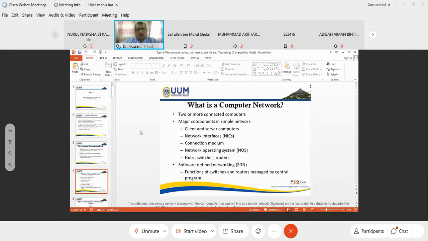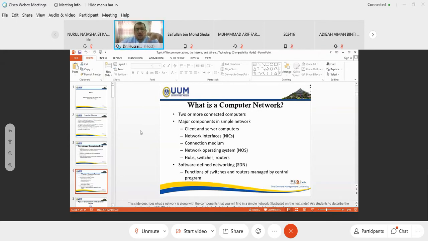When we talk about the network, it is very important to understand that we can explain two types of networks. The types of networks could be small or large. We can differentiate between them by the place or by the components. For example, a simple network like a LAN, or a simple network in an office.